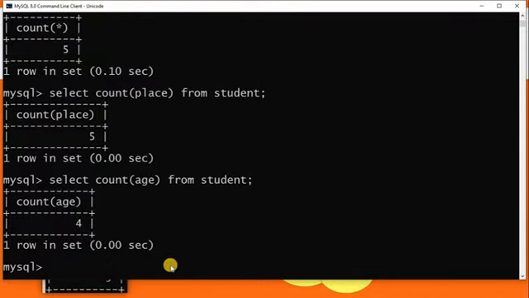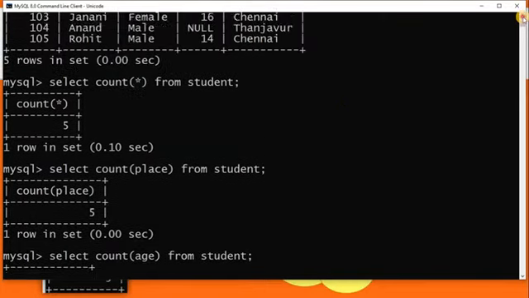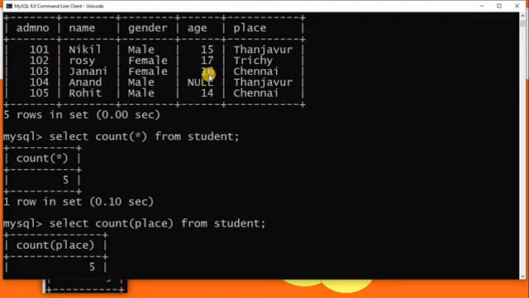Why does it display 4? In the table we have 5 rows, but it displays 4 only. Why? Because the count of a column does not count a null value. When we give count of the place column, it will display 5. But the age column contains a null value, that's why it displays 4.